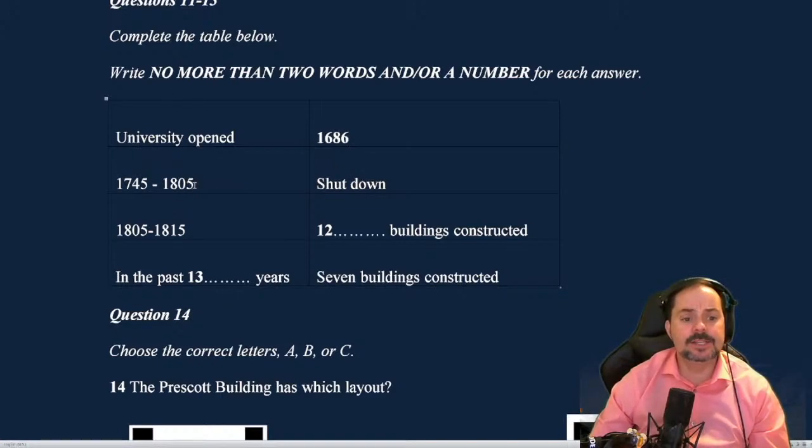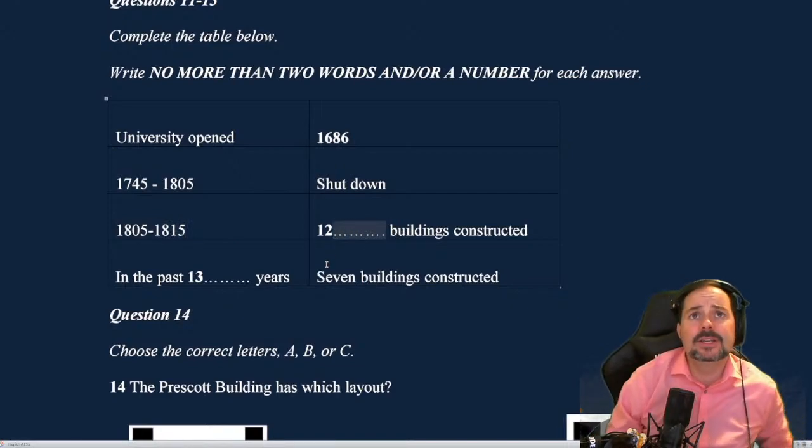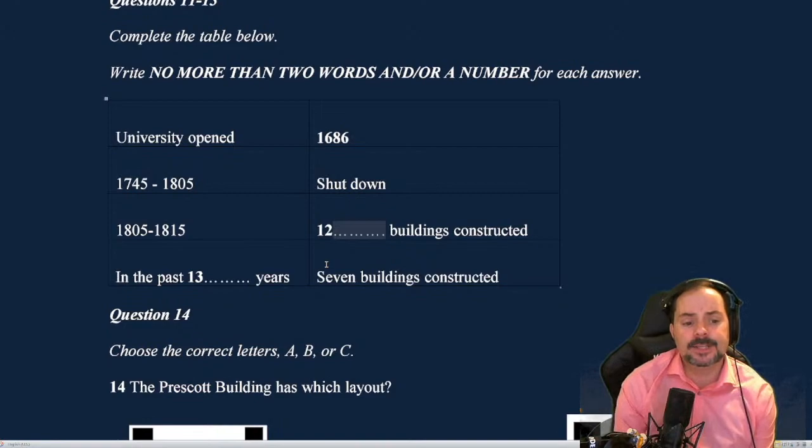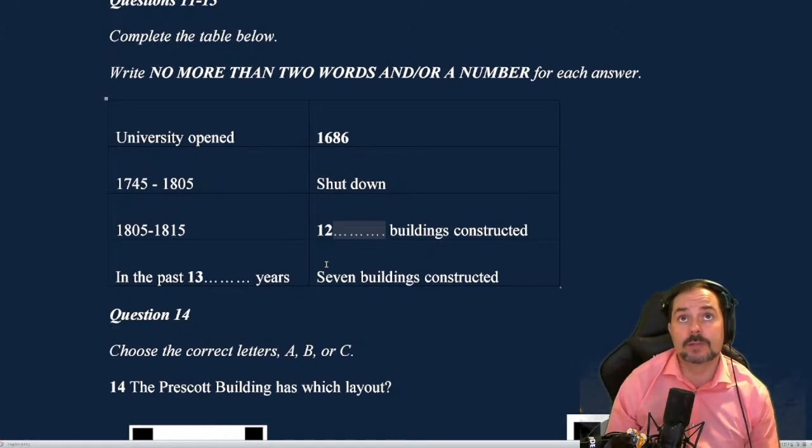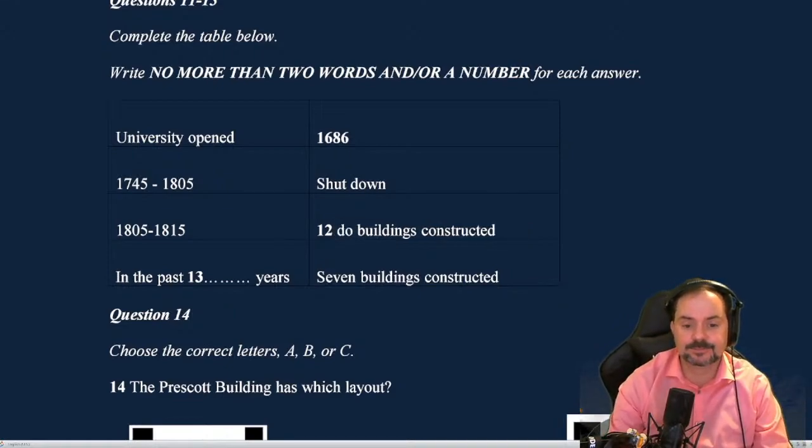All right, and then in this table, you should be really paying attention to the given information, like 1745 to 1805, okay? And then the speaker says there's 23 buildings in all. From 1805 to 1815, there were something buildings constructed. How many buildings were constructed in these 10 years? So 1805 to 1815. 23 buildings was the total number, so that's wrong if you gave that answer. Harwinder says it's 12. Yeah, so they say a dozen. Dozen buildings were constructed. Dozen buildings is 12.